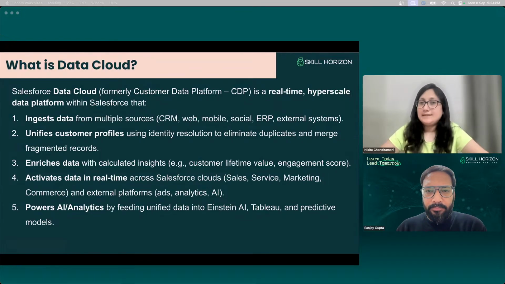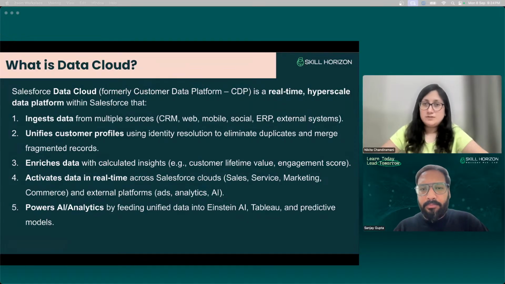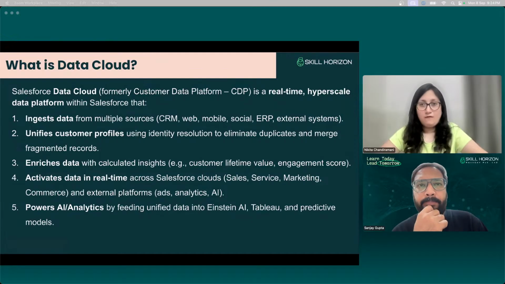Post that, you can access it from the marketing cloud, sales cloud. Whatever you require from the sales cloud, you can access from the data cloud. Then in marketing cloud, whatever you require will be instantaneously developed and transformed, and you wouldn't have to do a thing about it. Everything is going to be done in the data cloud, and then you can retrieve that data from other clouds. So this is going to be the whole approach of data cloud.